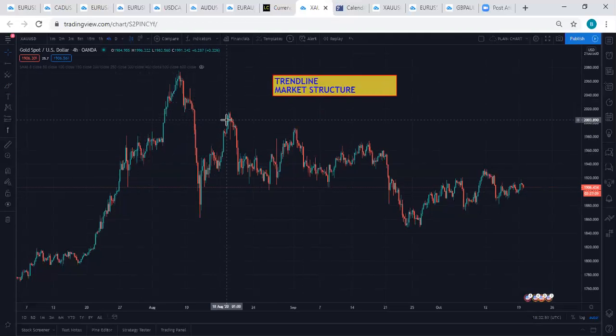That is, it is slanted sideways. One particular feature of a support is that it is always at the bottom. Support is always at the floor. So you have a trend line that is slanted at the floor, and you have a trend line that is slanted at the top, which is a resistant trend line. So we have what we call a resistant trend line, and we have what we call a support trend line.